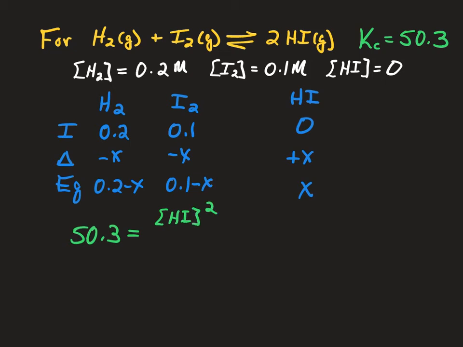Remember, we can't miss that coefficient, divided by the concentration of hydrogen and the concentration of iodine. They both have a coefficient of 1, so we have an implied coefficient of 1 there and there. And so we substitute in